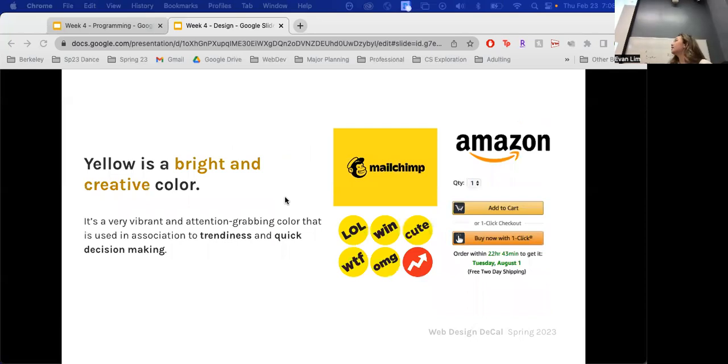Yellow is a very bright color. It's very in your face. If you're ever browsing on Amazon and you find yourself clicking the add to cart button mindlessly, because same, it has to do with the reason why they make it yellow, because it pops out against the white background, and it's very easy to click. It's very attention grabbing, vibrant, and is often used in association with trendiness and quick decision making,